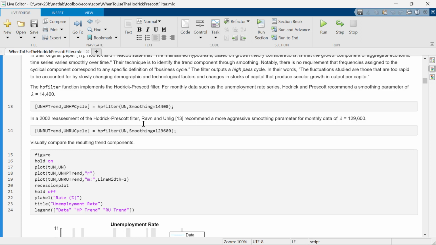So we're going to apply two different smoothing parameters here to the unemployment rate data, and the result